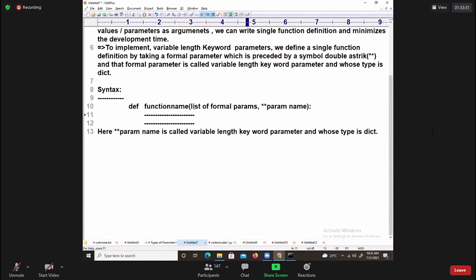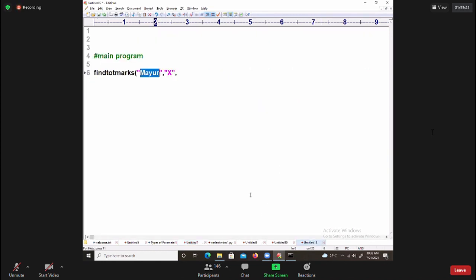Right. So list of formal parameters. Today I am taking list of formal parameters, plus I will take star parameter name also. So I will take Mayur, who is studying 10th class. Now I am writing English. English marks are 60. Next, Hindi marks are